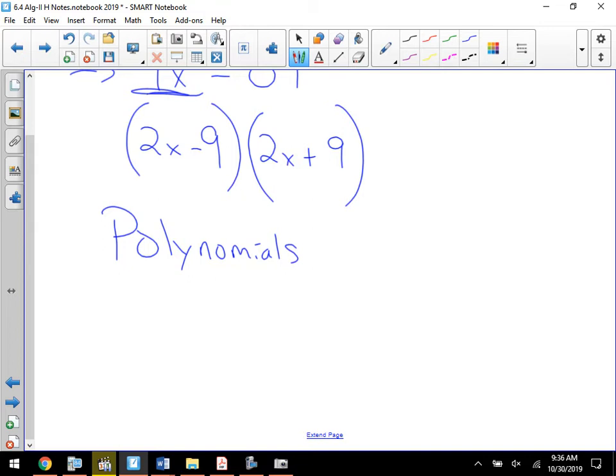Multiple nomials, yeah. Poly is many. You have a monomial, 4x squared is a monomial, 81 is a monomial. Anything that's put together with multiplication is a monomial. Polynomial is just a whole bunch of them put together with addition and subtraction. So, for example, if I have x to the 5th plus 4x to the 4th minus 3x squared plus 2,